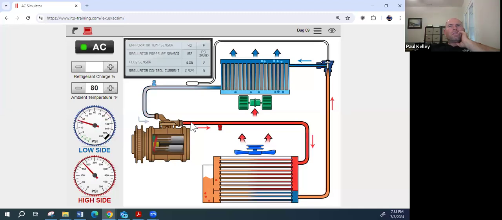Turn the AC on. Remember I told you, if there's air with moisture, sometimes it'll make the high side kind of pop off. But other times you want to consider, the only real reason that air is a major problem is because it doesn't condense and it doesn't evaporate, so that could cause it to blow warm. But the real concern with the air is that the air has moisture in it. So the fact that we're worried about air or moisture is more like